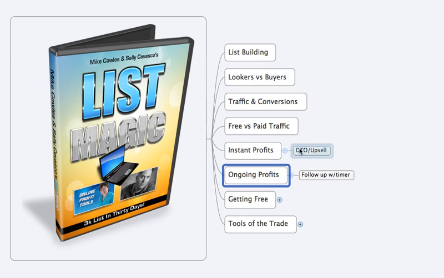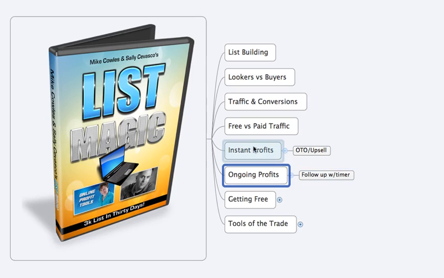So maybe it's the link to the video or whatever, and that link is going to go back to the OTO. So in other words, maybe they didn't have time to watch it all, maybe they got disconnected, maybe something came up at work and they just said, I'm going to check this out later. So you're pointing them back to that OTO. But you also want to add that scarcity factor. So like follow up with a timer or something like, remember, you only have 24 hours or 48 hours or whatever it is to get this special offer. After that, the price is going to go up to this. You can still get it, but the special offer is only if you act now, right? Now, that will increase your conversions as well.